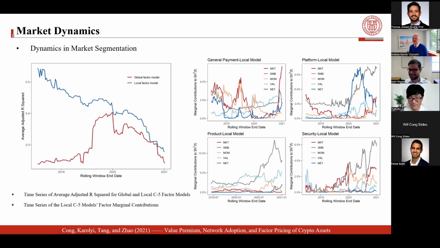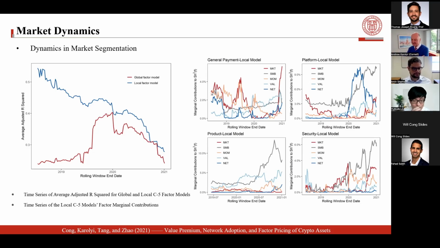I'll take 2. Okay. So don't look on the right side, which shows you the marginal, the thing that was on the previous slide. Just look on the left. The left side says, okay, let's go with our C5 model. C5 model only, no comparisons across models. But we're going to compare the local versus the global one. The international one is not here, just to keep it nice and clean, okay? The blue line is the average adjusted time series R-squareds across the assets in that 100-week rolling window that we move through the sample period.